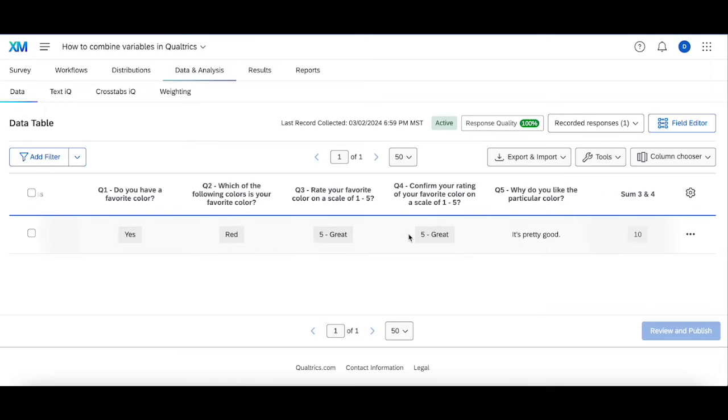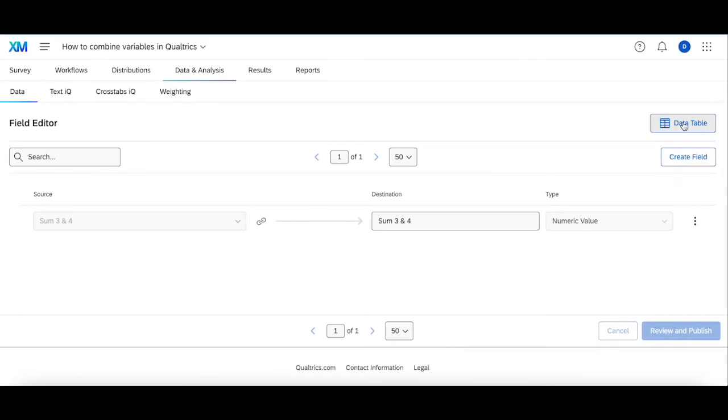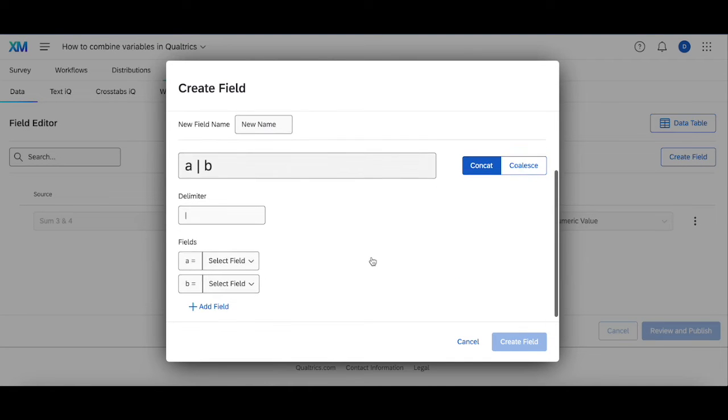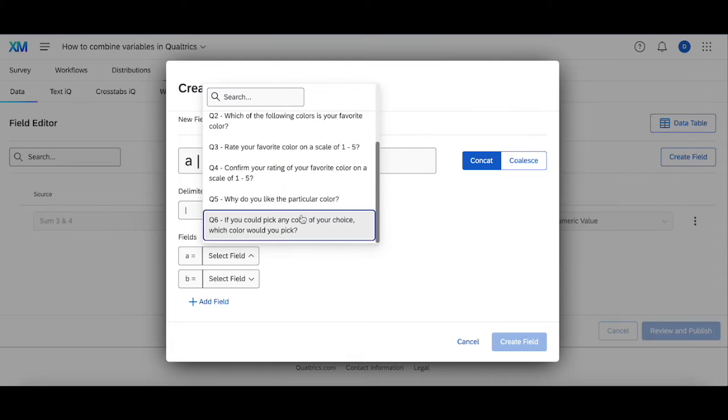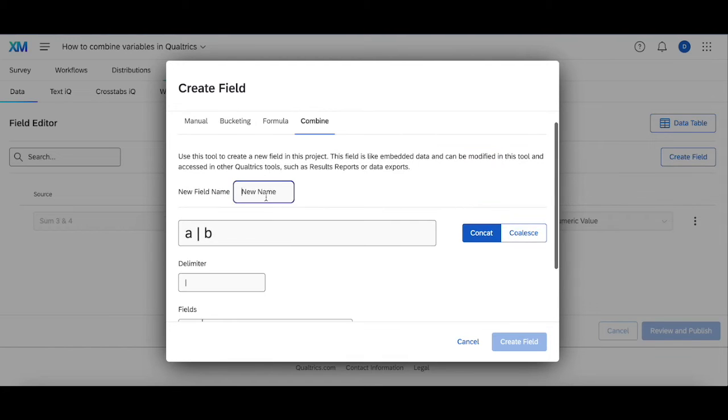And you'll see here, as I mentioned earlier, since I chose 5 for 4 and 5 for 3, once I sum them together using that formula I created in the field editor, it sums to 10, exactly what we expected. And heading back into the field editor, for questions 5 and 6, if I want to combine them, so in this, question 6, I'm going to call this